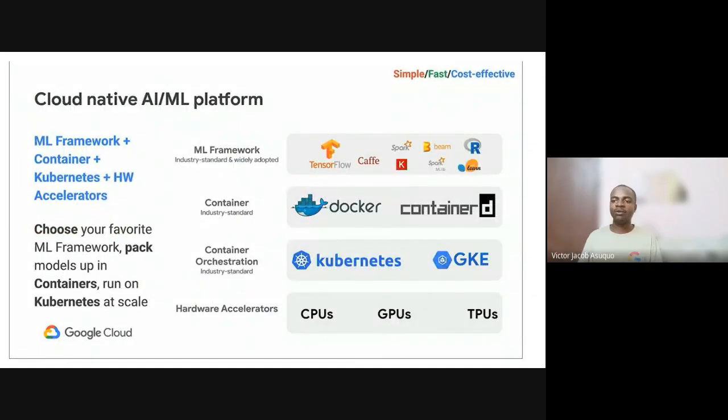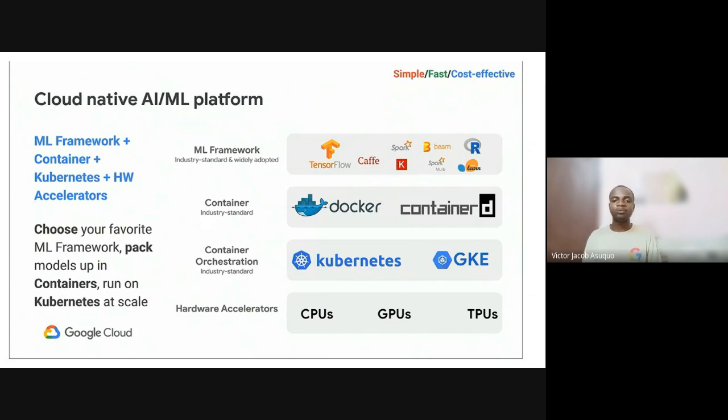Cloud native AI platform. These are the tools we can actually use to build machine learning, depending on whether you are looking at Kubernetes, or Docker, GPUs, CPUs, depending on how you want to serve or deploy your application.